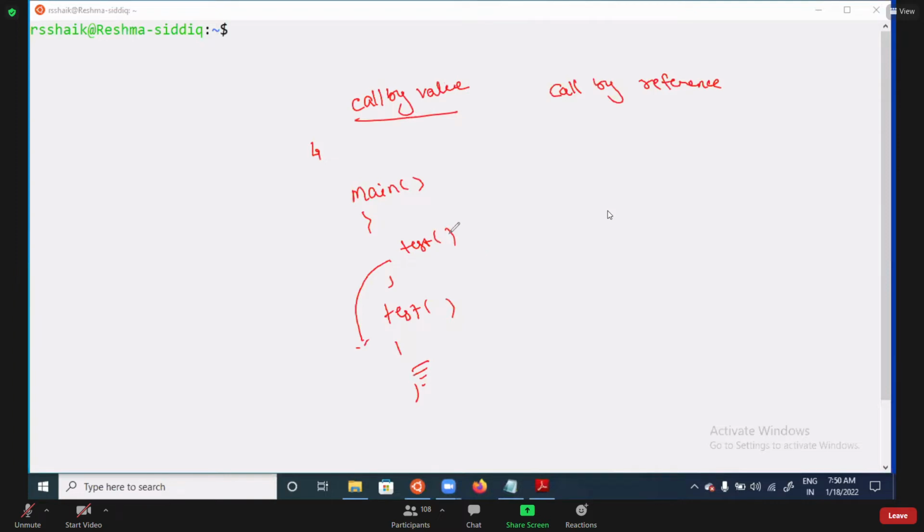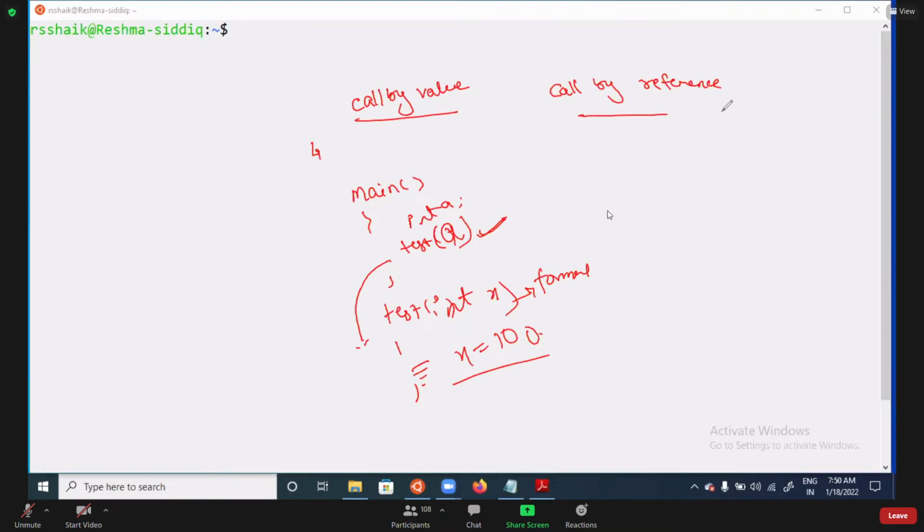I am passing int a, where a is the actual argument. Here I am taking int x, where x is the formal argument.